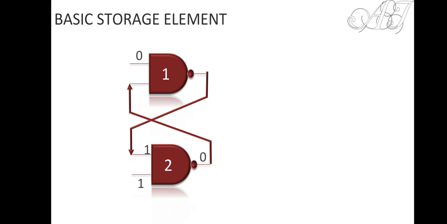the first input of the first NAND gate, this 0 will travel through this path and will arrive at the input of the first NAND gate. Still, both the inputs of the first NAND gate are 0, 0, so its output will be 1. This process will repeat itself, and this 1 may be considered as latched inside this circuit, and it won't change unless you change the input. This is why this basic storage element is known as a latch. Okay,